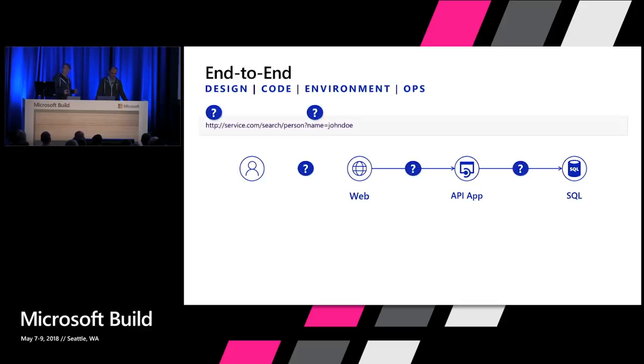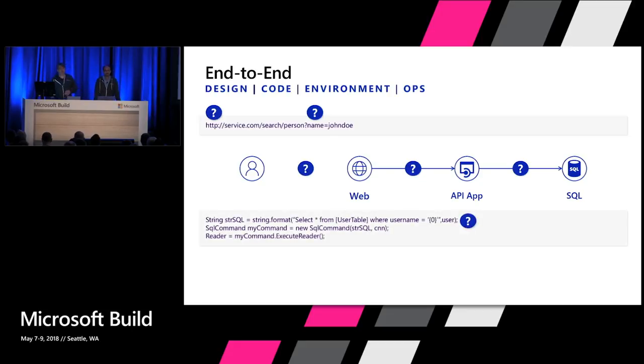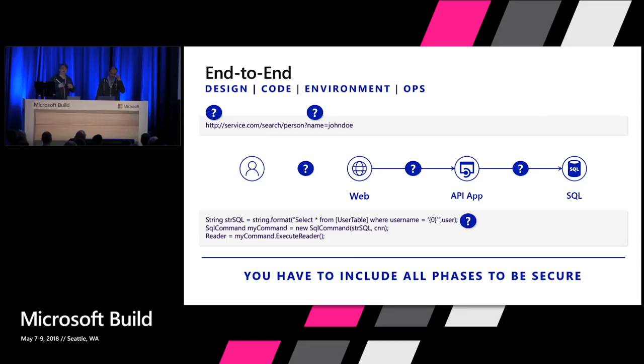And then I add a little bit more information to the diagram. And I start to see that I start having problems almost initially. Number one is my transport to the consumer or the user is not encrypted. I have a query string manipulation that's possible. And I don't know really how bad it is. But if I take a little bit more code, maybe from the API layer or the backend layer, now I start to see there's a problem here. I can actually use that query string manipulation to actually inject SQL code. And so the key takeaway of this is it takes all those phases, the design, the code, the environment, and the operations to make sure your application is secure.